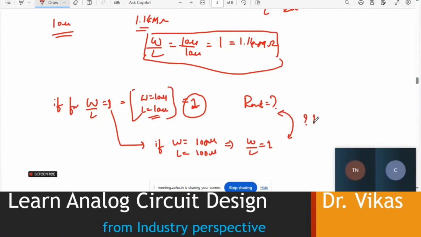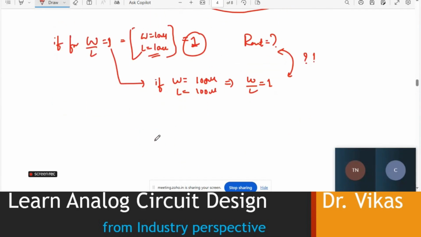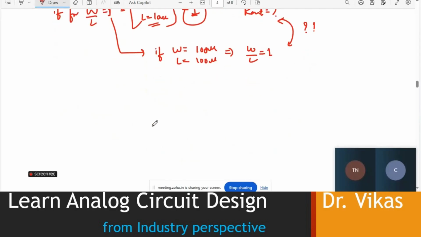So that will be your first assignment, and this assignment involves some sort of iterations in the tool. So I'll try to float it right now. By 9 a.m. you'll be getting a sheet where you need to fill up that entire sheet by sweeping, by doing this sort of complete analysis, and you have to figure out for which particular value of W by L, what would be your maximum resistance. And that chart would be very, very handy for you to go for the next level of experiments. Like basically what my intent is, I'll just give you W equal to 10 micro, and I'm going